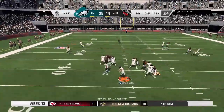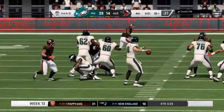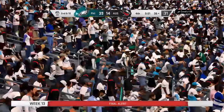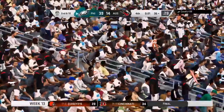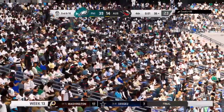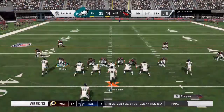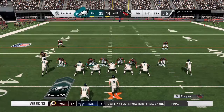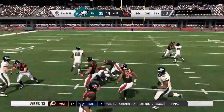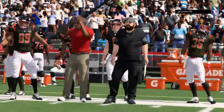That one looks like he'll throw here. And a scary incompletion, almost picked off. It would have been their first INT of the game. Instead, 2nd down. It leads to 2nd and 10. They'll try again from the 36 on 2nd and 10. They'll run it now out of the gun. And he'll be taken down here, and that is how this one is going to come to an end. So it's a victory here for the Philadelphia